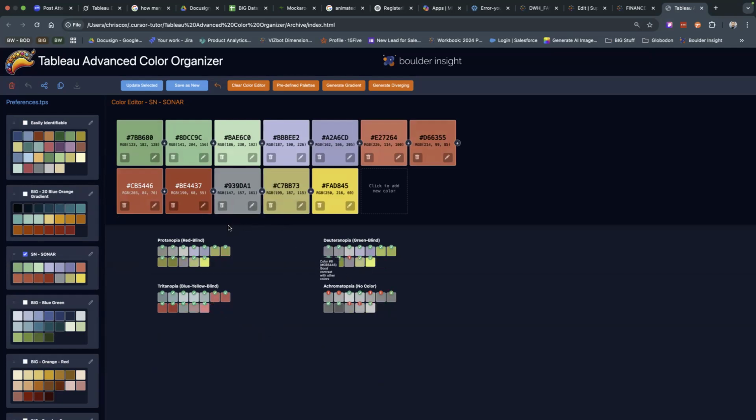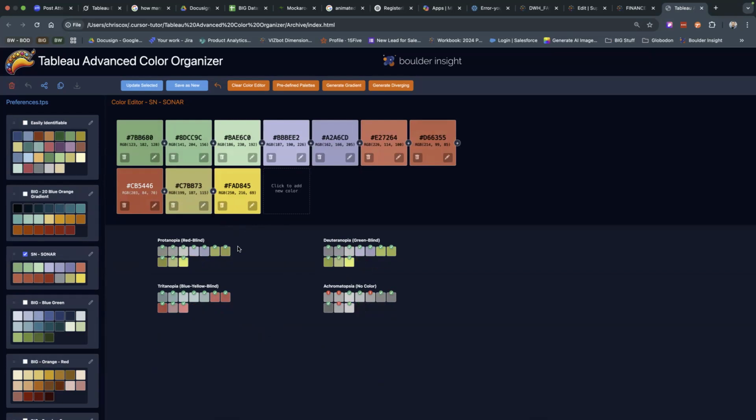Whoops, still only got one. It's not going to be great. I didn't like this one either. I guess that gray is too close. Okay, so there would be something that would work because they're far enough off. This one here with no color is almost impossible to get. So really, you need to just focus on the three types, whether it be red, blue-yellow, or green. Those are really the three main ones that you have to work on.